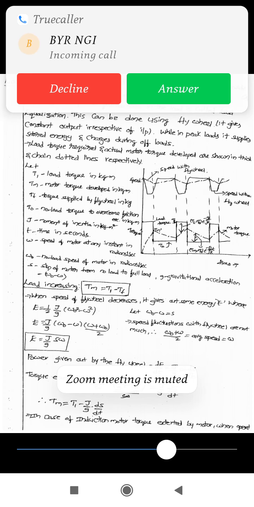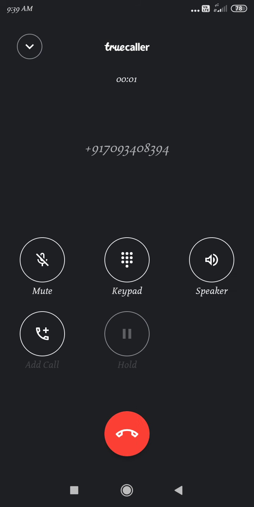Then see, in industrial drives where the load varies between